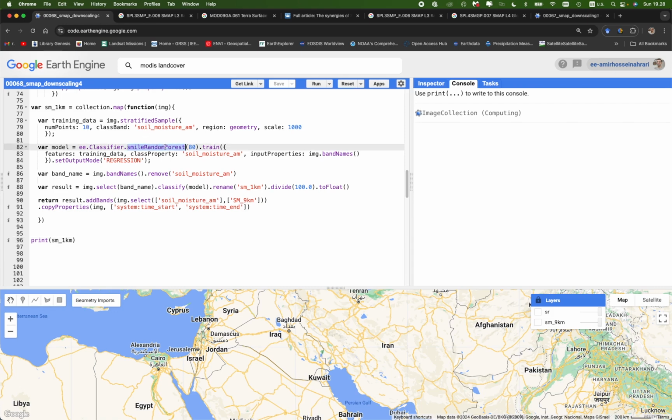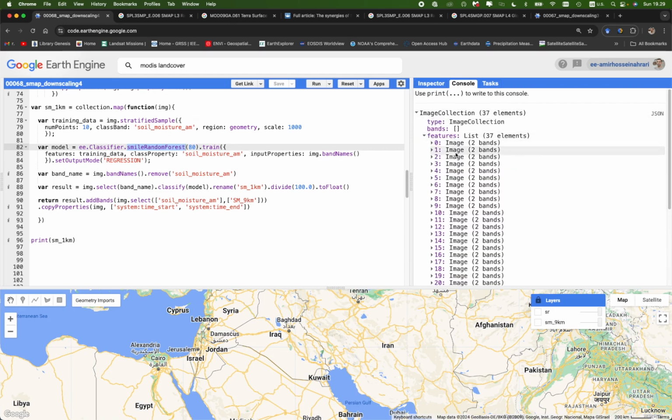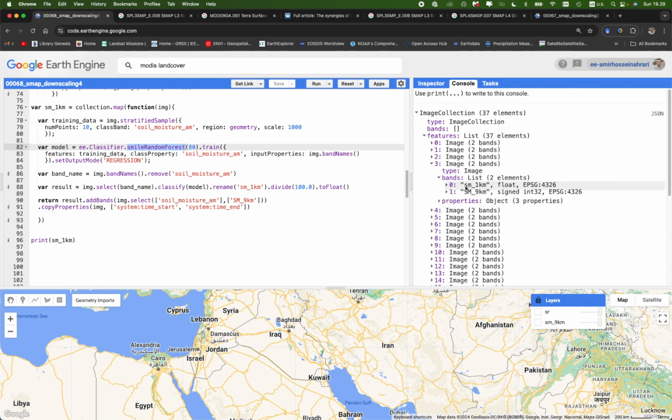There is also a way to increase the speed of processing. For example, you can do this process using other available modeling techniques that I will show you in the next step. Now you can see the model has run,